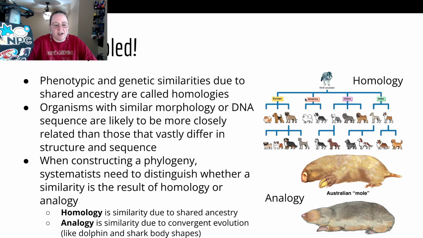when constructing a phylogeny system, you need to distinguish whether it's a result of a homology or an analogy. And that is the thing that a lot of people get confused. So please understand that this Australian mole, and I use mole in quotation marks because it's actually not in the mole family, and this African golden mole, which is in the mole family, have a similar body shape because that's the best shape for digging through the earth. Again, powerful front claws, blunted face. Again, that's the best shape. Physics. So, yeah, here comes physics.